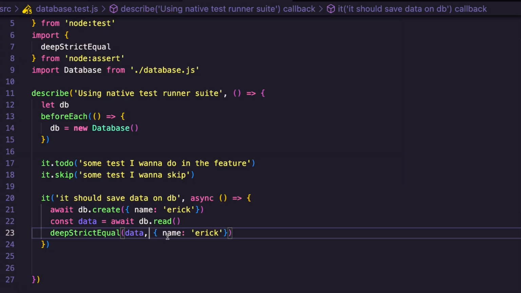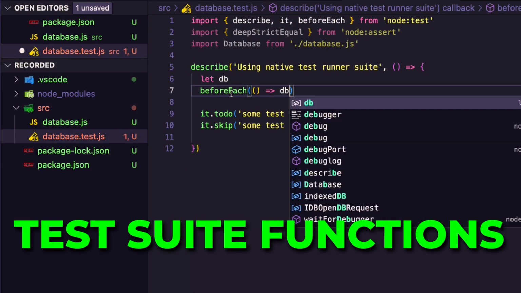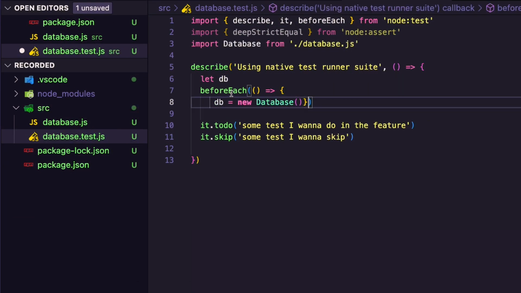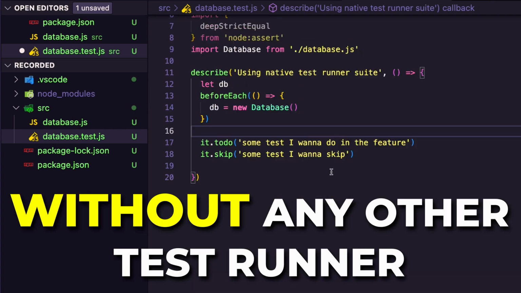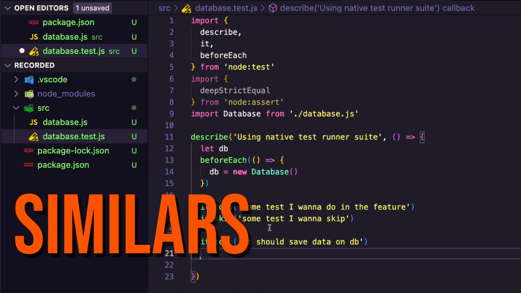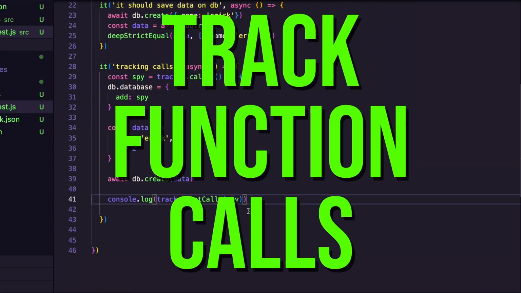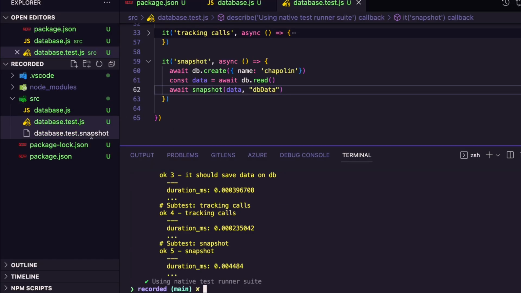In this video, you'll catch up on the new functions for the native Node.js test runner. I'll show you the test suite functions that came up to help us to better test Node.js applications without any other test runners, such as Jest, Mocha, Tap, or similar. You also get to know the new API to track function calls and functions to take snapshots using only the